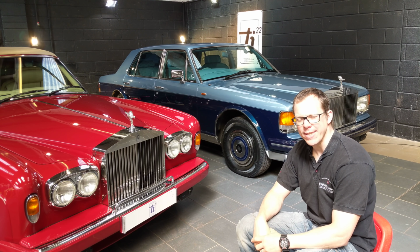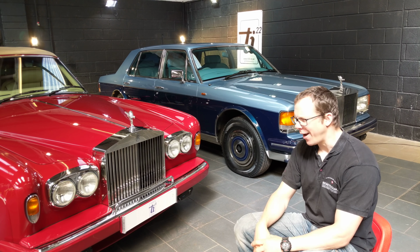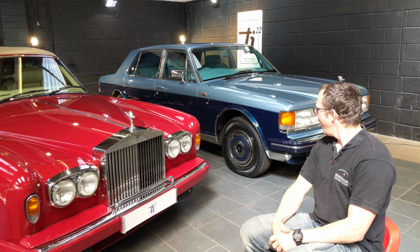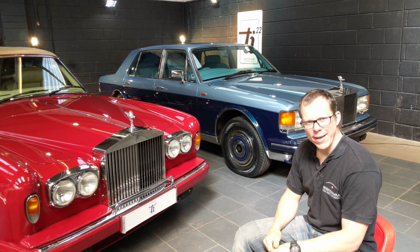It is the Thursday before the Rolls Royce National Concours meeting. So we have Rolls Royces here, both mega cars. This one I detailed about 3 years ago, and we've just given it a lovely freshen up before the meeting at the weekend. And this one is the car I want to talk to you about a bit more,